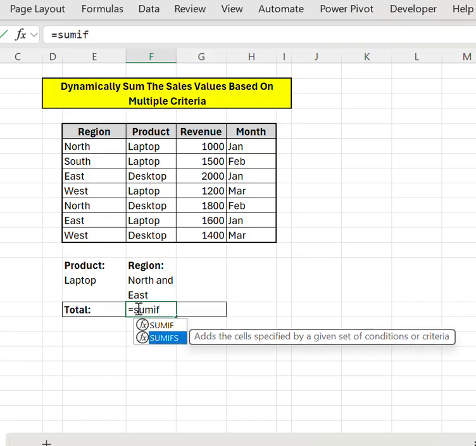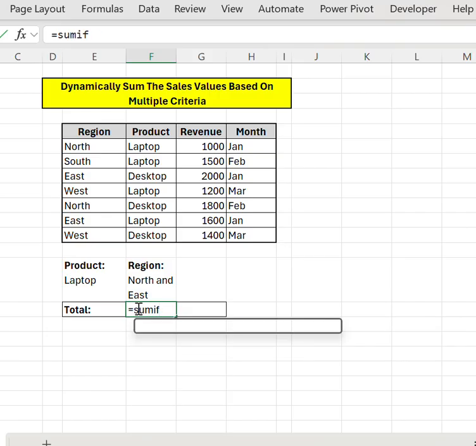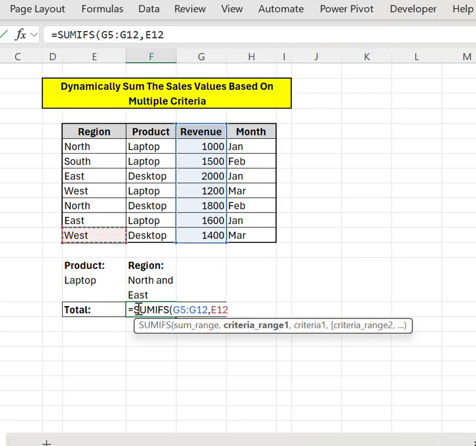First we will start writing the formula of SUMIFS and press the tab button. SUMIFS will be selected. Now we need to select the sum range, that is our revenue, comma, and the next argument is the criteria range. Criteria range is containing the product. Product is basically laptop. On the basis of the laptop we need to calculate the total sum revenue. So for the laptop just write it